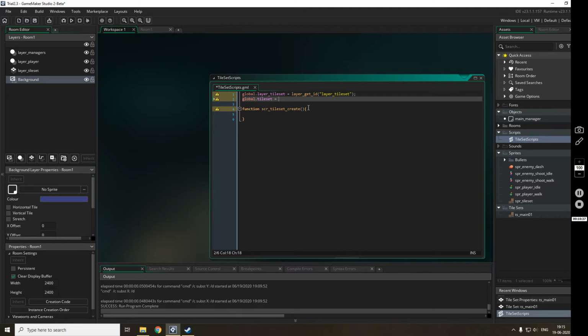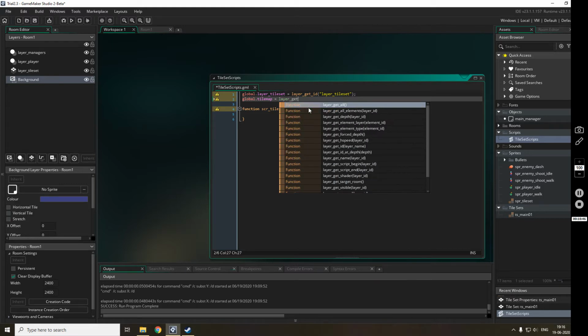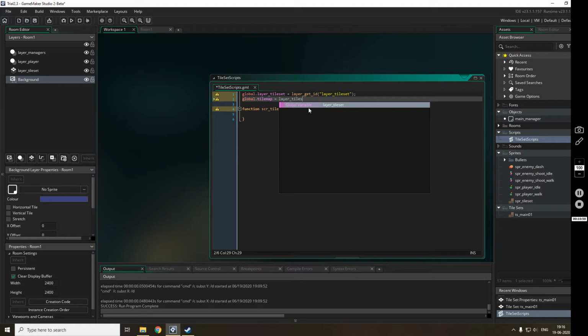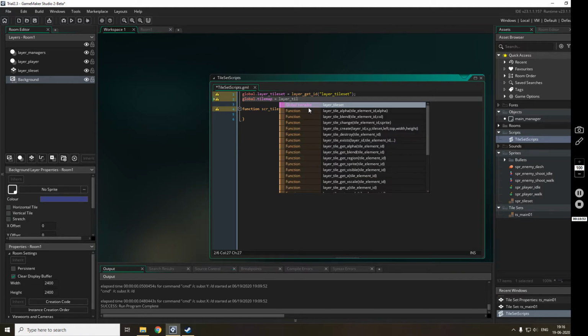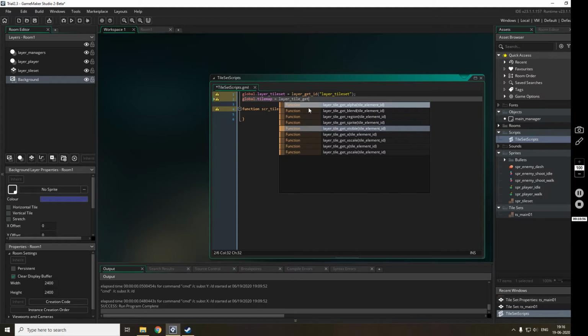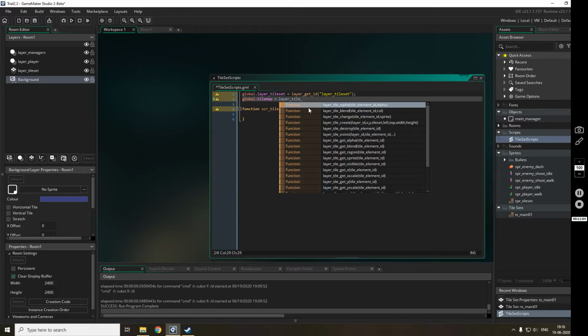Global dot tile map. Okay, so this is the tile map. Layer tile, yes, get set.